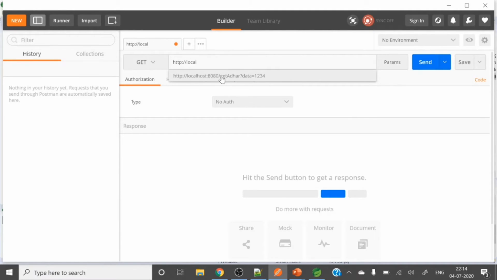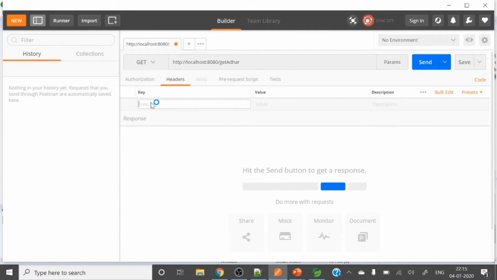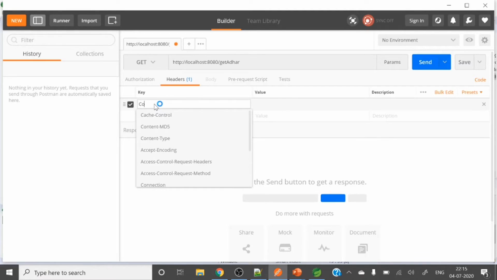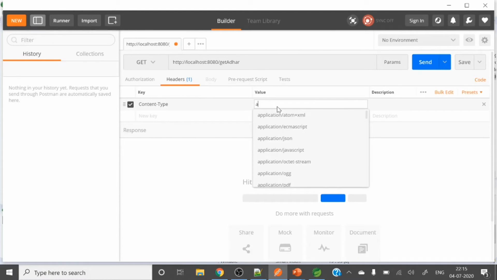Okay, something is coming. getAadhaar. Here we need to pass a content type header, Content-Type application/json.